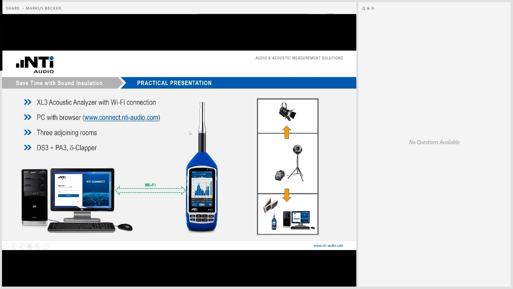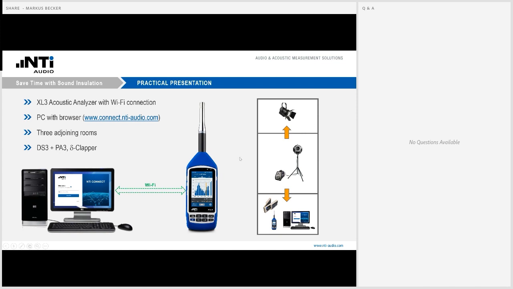And to give you a better understanding of the layout, we have one sending room. It's a meeting room. This is next to the room in which I am sitting now. This is a so-called webinar room in which I am. And we have a third room on the opposite side of this meeting room. This is the so-called photo room. And there we are taking some photos of our products, for instance.